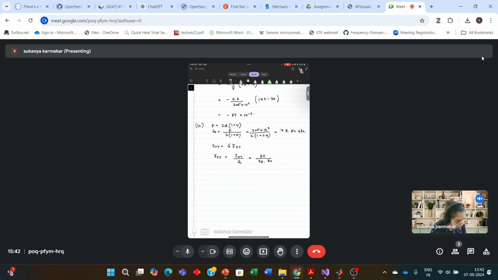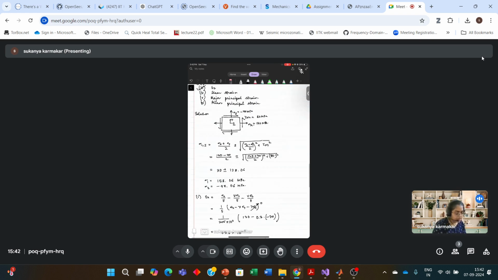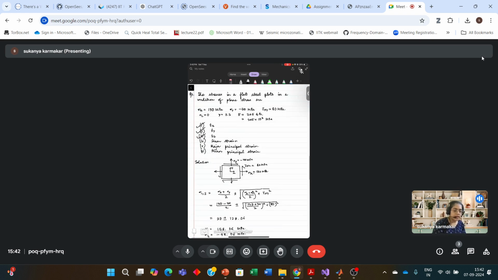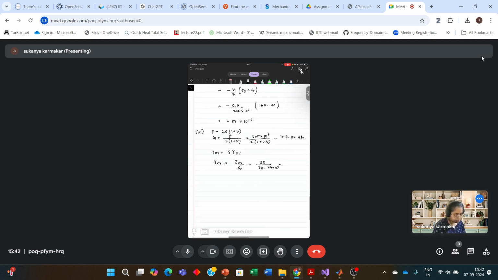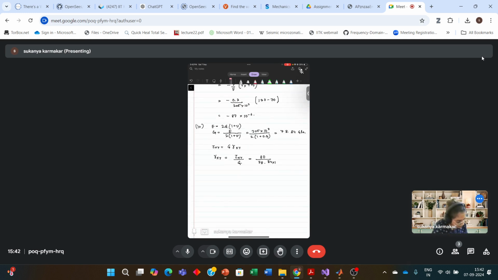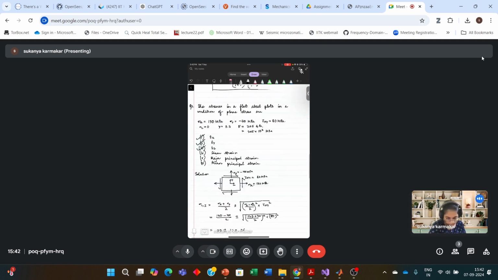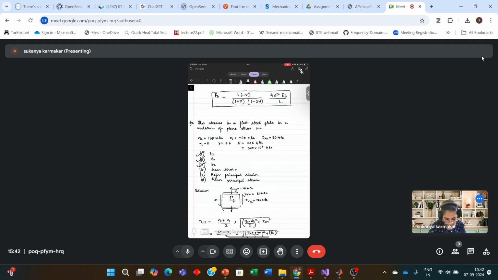And if you solve this, you will get this into 10 to the power 3 because shear stress is 80 MPa. I don't have this number with me. You can solve this and get the value of shear strain. Now, once shear strain is done,